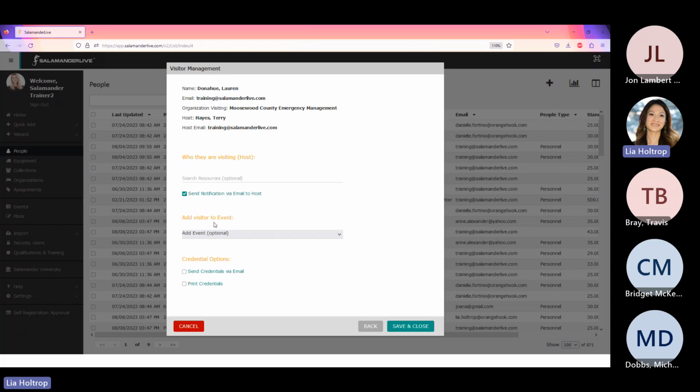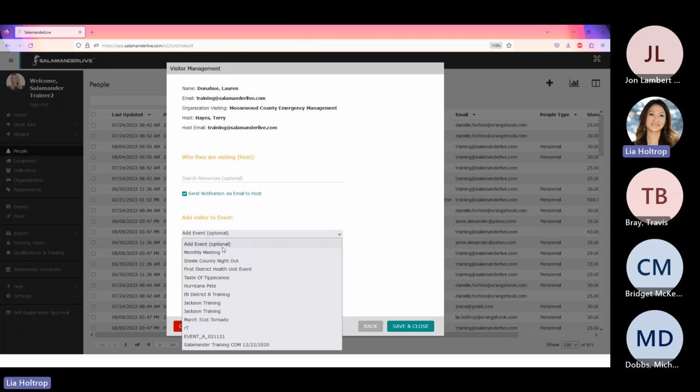Next on here, are they visiting because of an event? So if you want to add this visitor to an event, you have that option to do so. Okay. So in here, you'll see that your active events will be listed. From there, all you need to do is select the event in which they are going to be a part